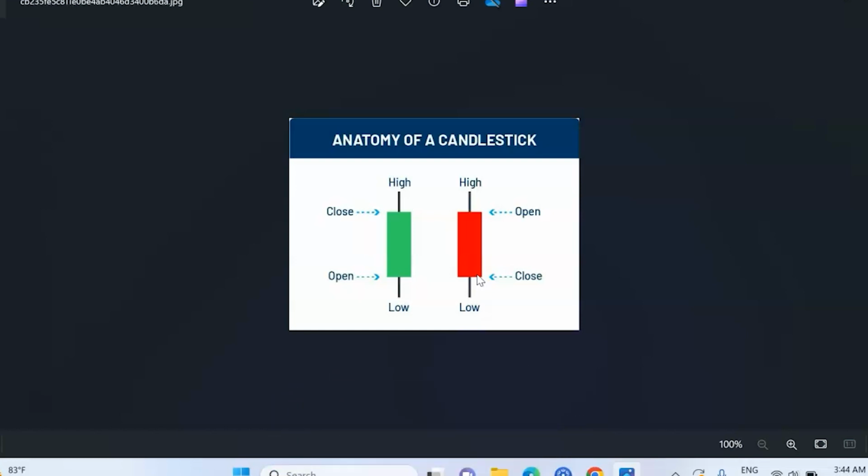Also, most of the time, the bullish candle is represented with a green color and the bearish candle is represented with a red color. Even though some people use some other colors, you can use any other color that suits you. But majorly, when you see a bullish candle in a chart, it is usually a green candle telling you that within this movement, price went up. And whenever you see a bearish candle, it's usually a red candle, telling you that the price